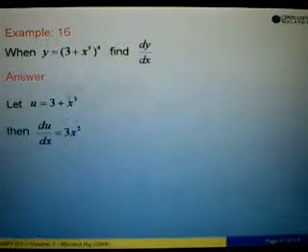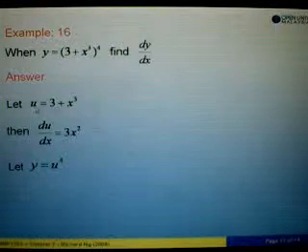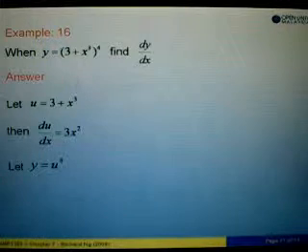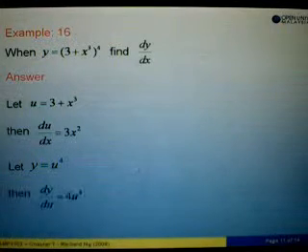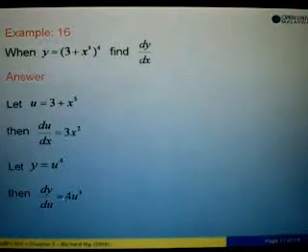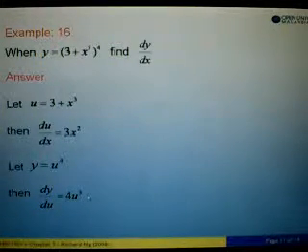Okay, so differentiate x to the power 3. 3 we have to take out, we will get 3x, then 3 minus 1 will give us 2. Okay, next step, since we have already said u replaces 3 plus x to the power 3, which is here, then we can say y is equal to u to the power 4, like in this case. Then from here, dy over du is equal to 4, take out the 4 here, and then u, the power, we change to 3 because we have to minus 1, the power. Okay,